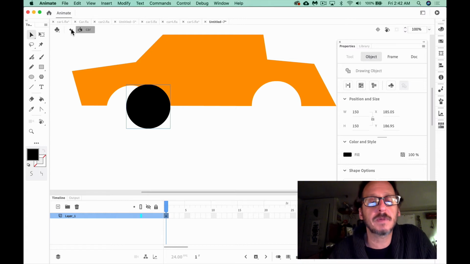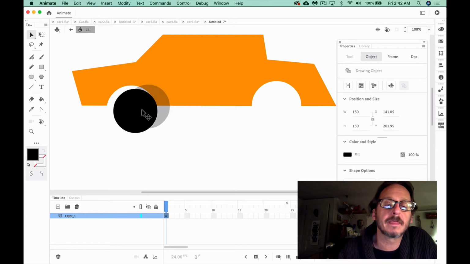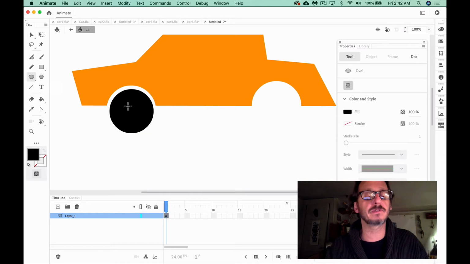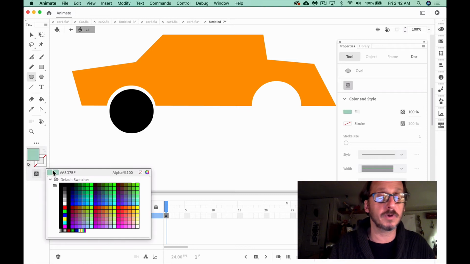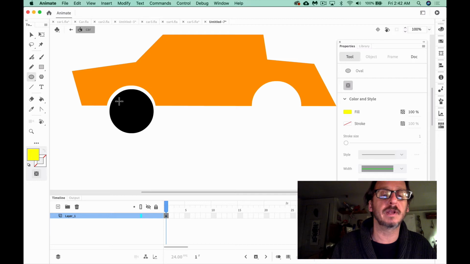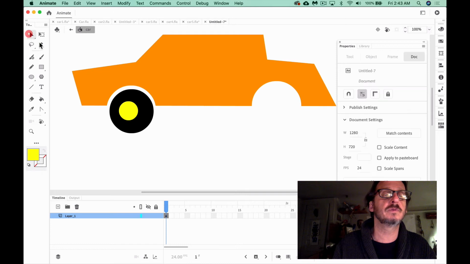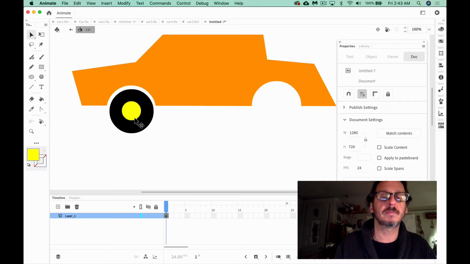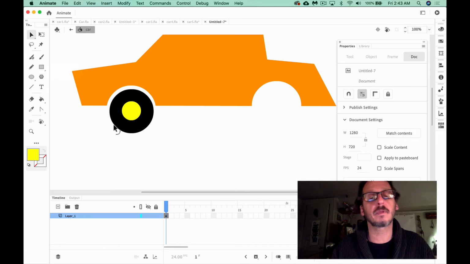By the way, this behaves quite a bit like Adobe Illustrator. So this is just perfect for my wheel, since I don't have to worry about anything merging with my wheel. I could go ahead and build on it easily. I'm going to hold down shift for some other parts. So I want the center of the wheel. I'm going to drag that over to the center. I'm going to do my best to keep it in the middle, otherwise the wheel will not look quite right while it's rolling. Now that's nice looking, but there's something important.